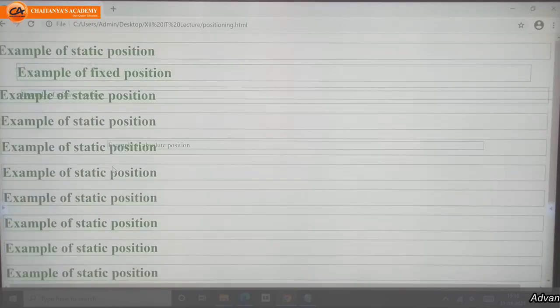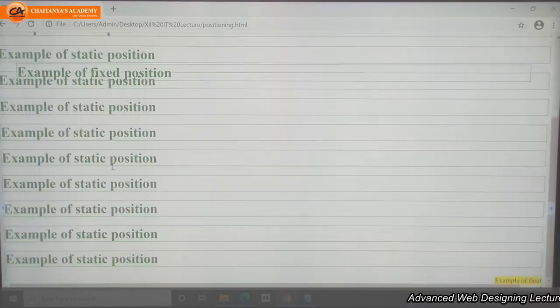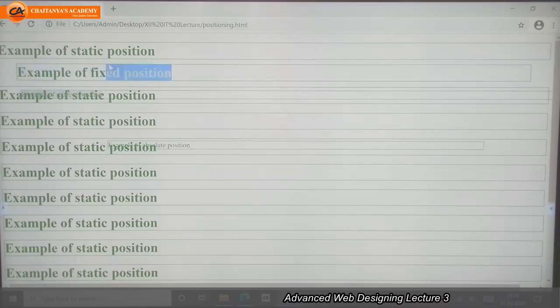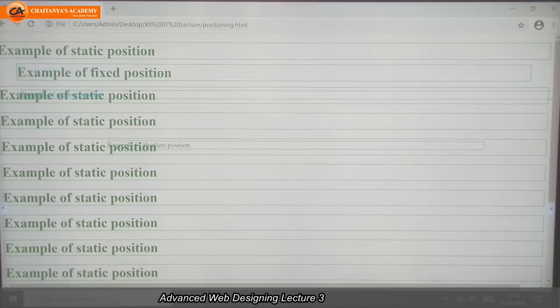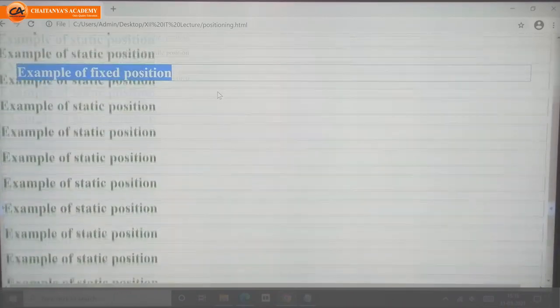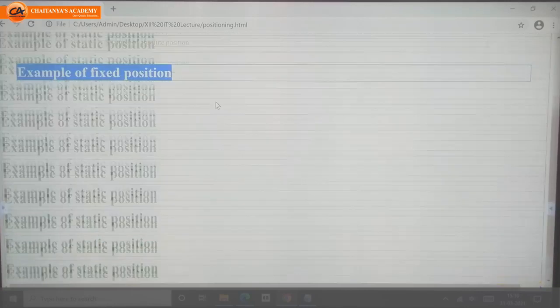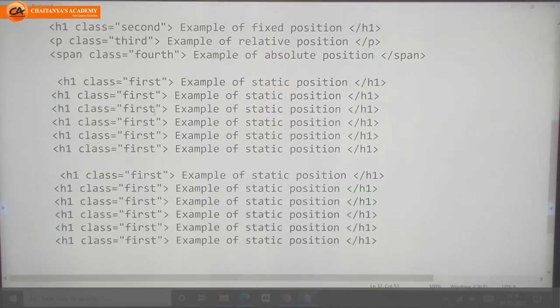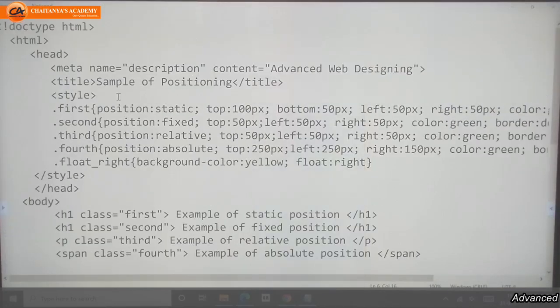Now see, though I am scrolling this, this example of fixed position will not move. It is at a fixed position. Why? Because I have used here position fixed, top 50 pixel, left 50 pixel, right 50 pixel, color green, border double.